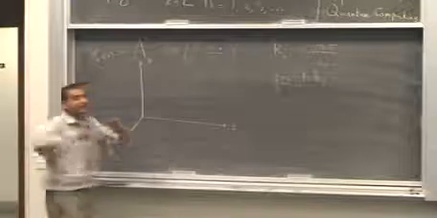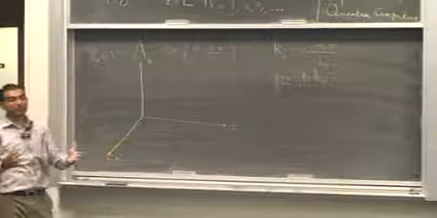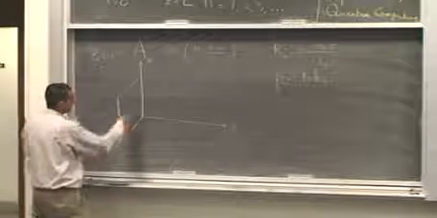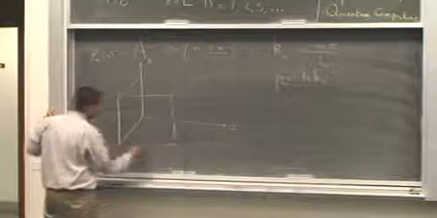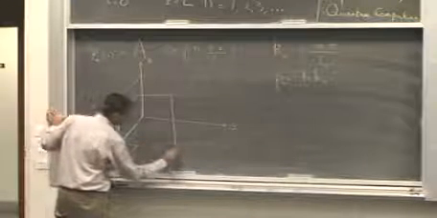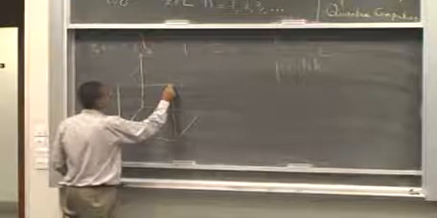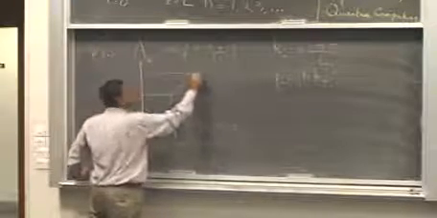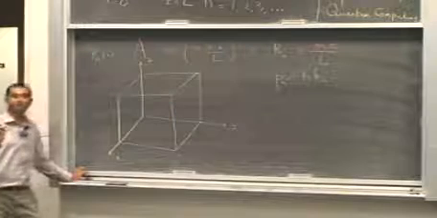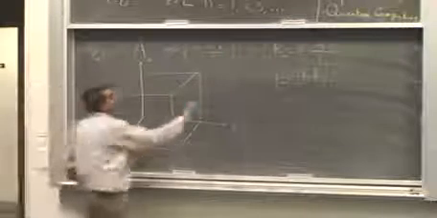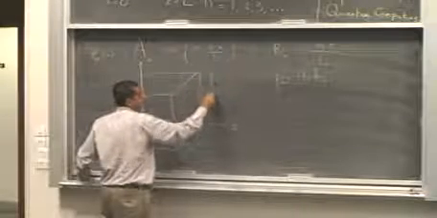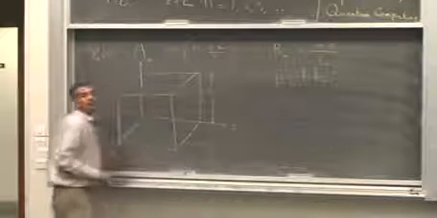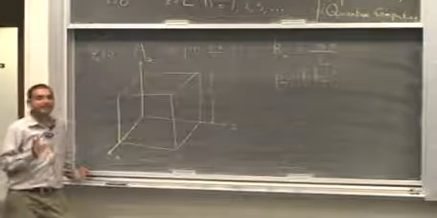Now I define a region in this 3-dimensional space which is of the form of a cube. Now this is a cube, each side has a length L. What is the next step? The next step is defining the